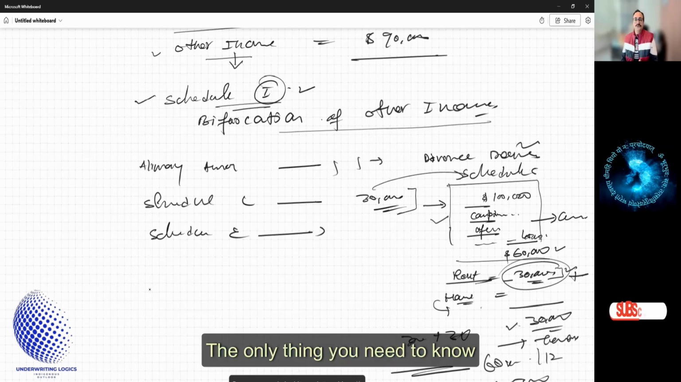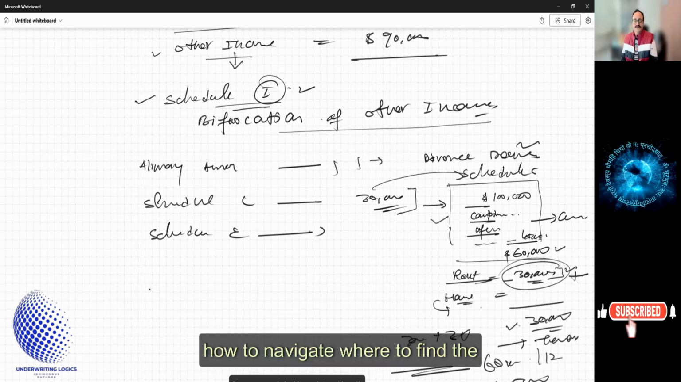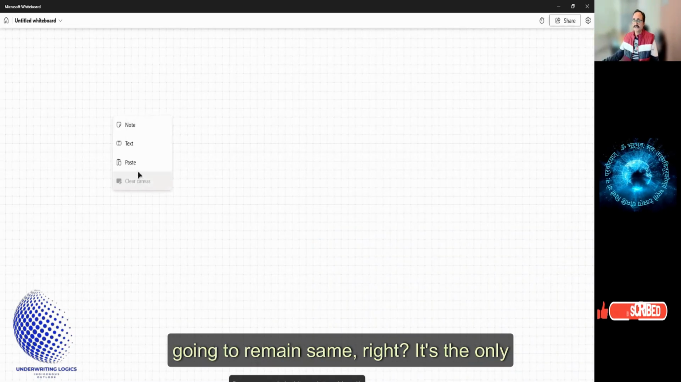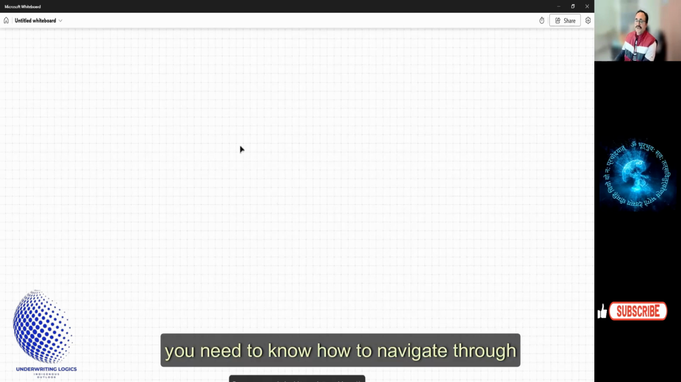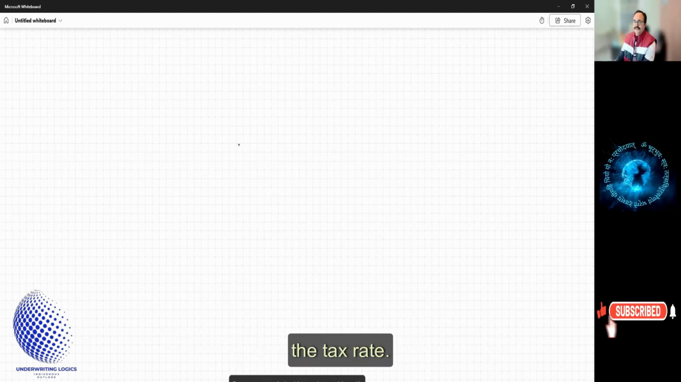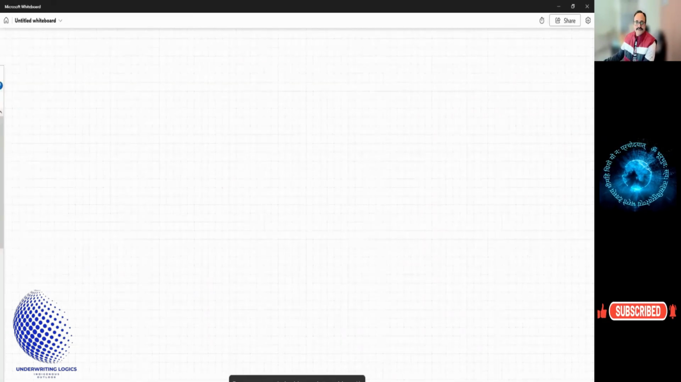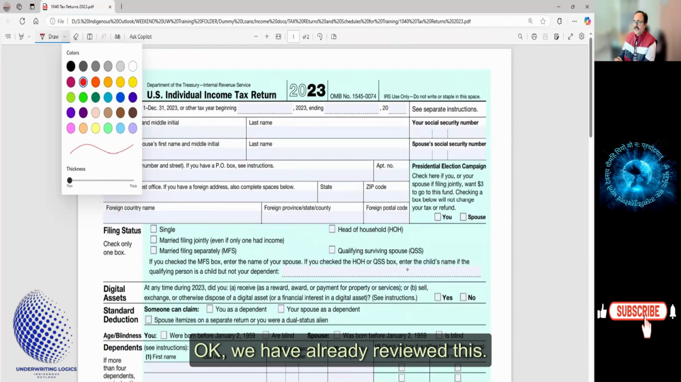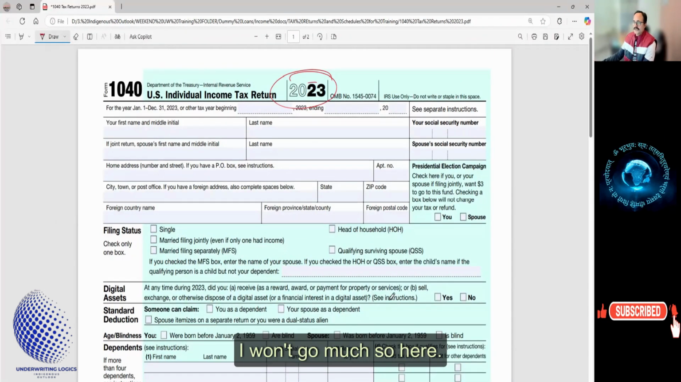So this is how you will keep navigating from one page to another. The only thing you need to know is how to navigate, where to find the information. If you understand that, your calculation is going to remain the same, right? You only need to know how to navigate through the tax return. Okay, so let's say this is our most recent 2023 tax return. We have already reviewed this, so I won't go much into it. So here